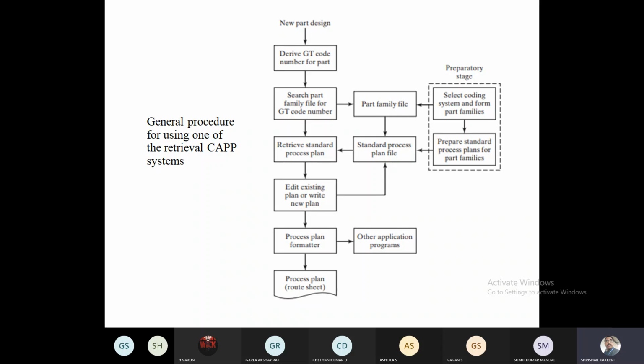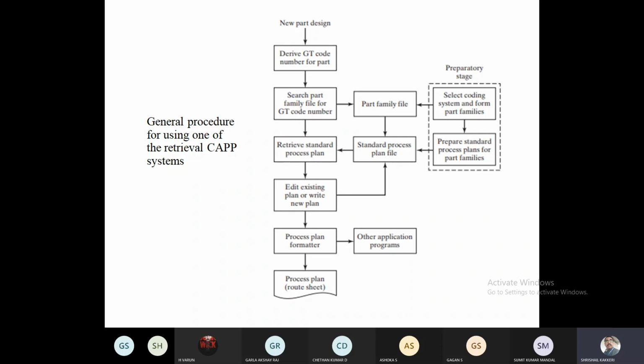And after that, the final one is that he is able to produce the standard sheet. Since we have retrieved the information from the available database, it is called the retrieval CAPP system.